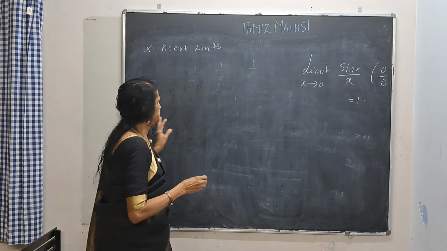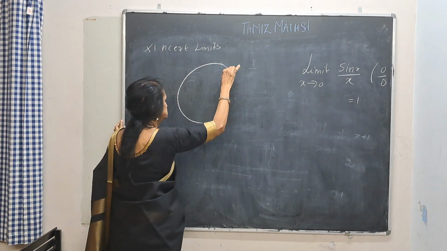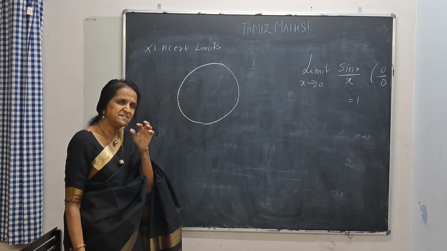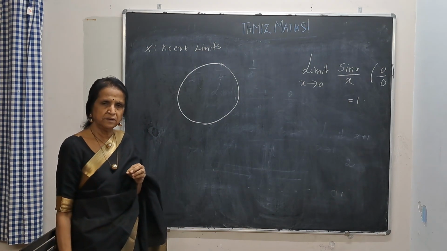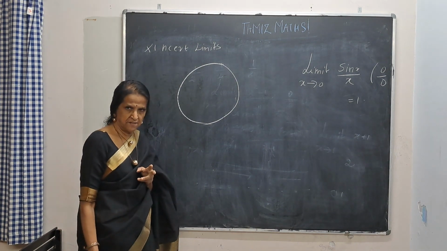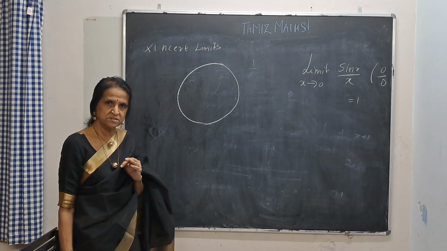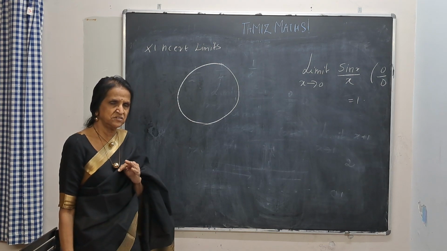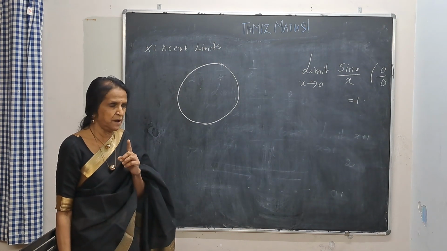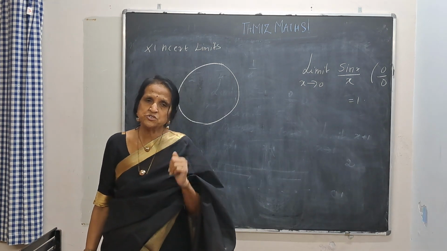Okay? Now look here. Applications are more important, but derivations, at least a little here and there, are important as a learner. You're only a learner, isn't it? So you're going to write an exam, you're going to be judged, and you're going to fly in the air. That should be your approach, and that should be your success. So for that, we have to make ourselves strong, and we have to make ourselves artists at working. Working artists is a very important part. So limit of sin x by x tending to 0 is 1. Like that, so many things are there.